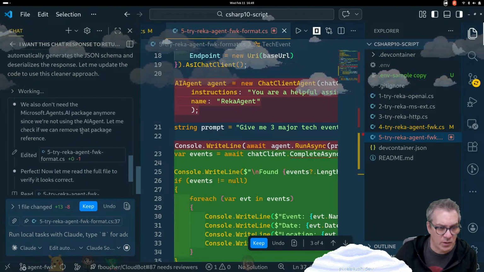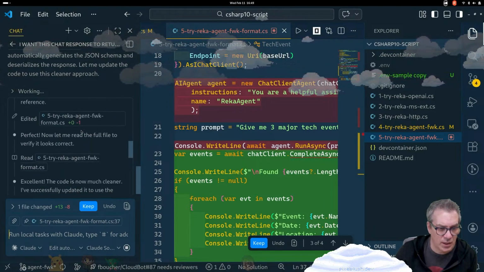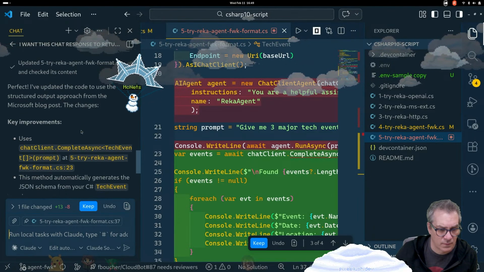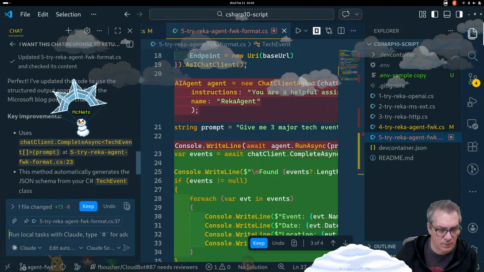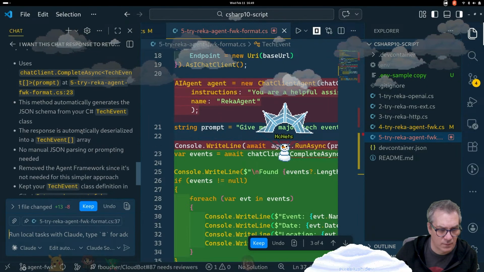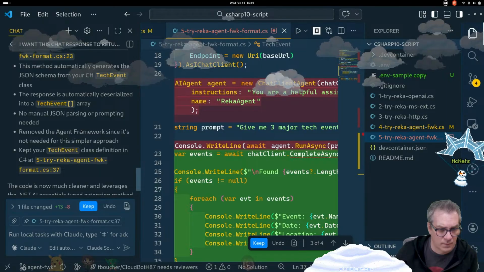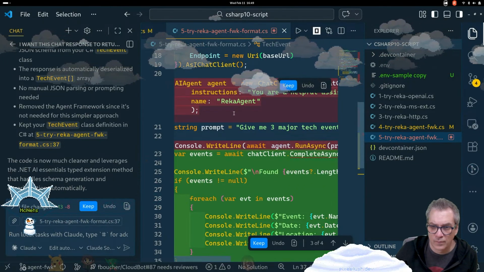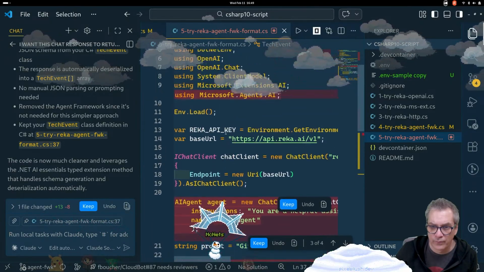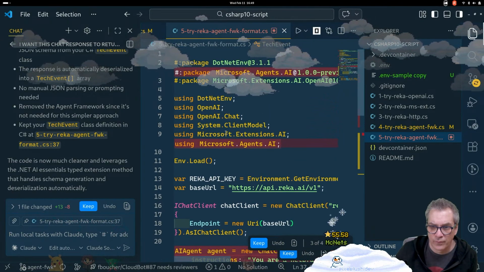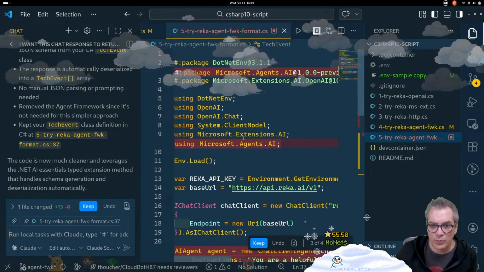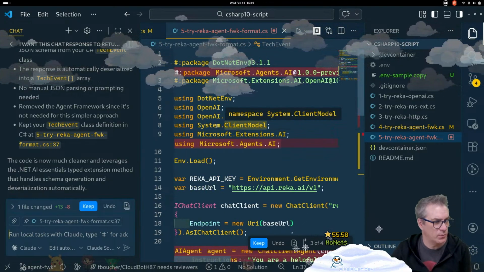Maybe it's not possible yet with the agent framework. Yeah, so it's removing agent framework. So maybe it's not possible.